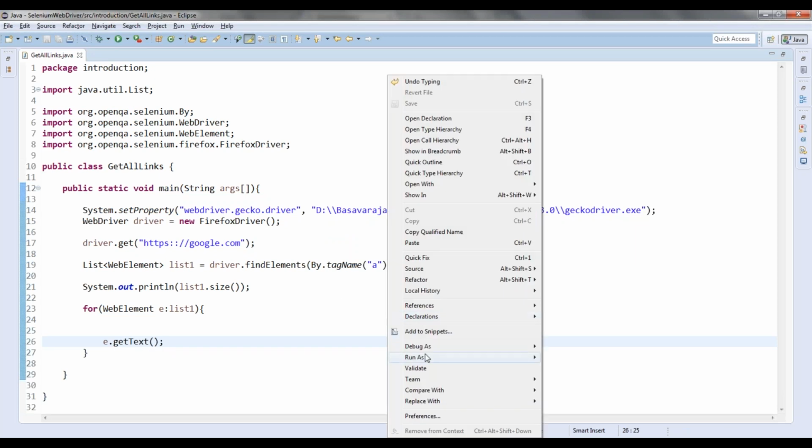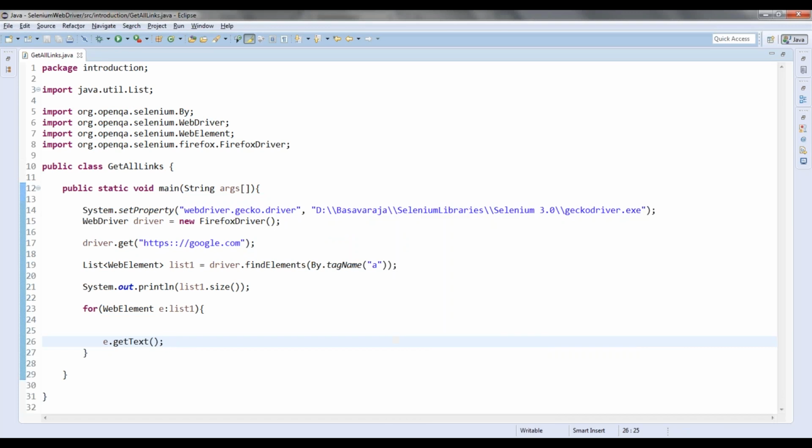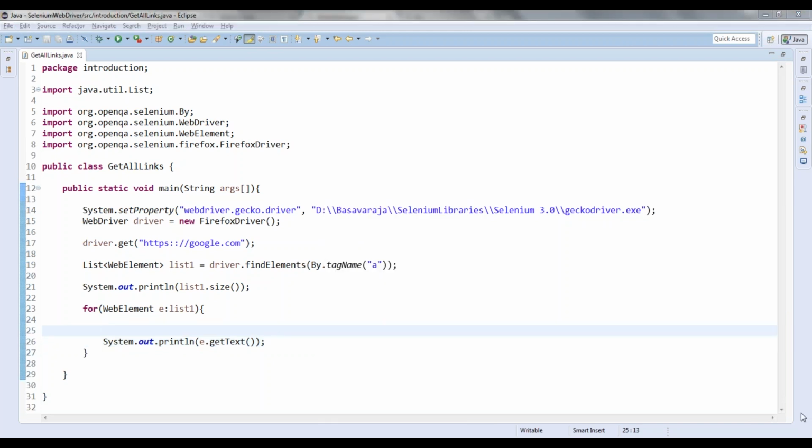Let me run this, and let us see whether it will display all these. I will display all the text which is available in those particular elements. You know about the for each loop, right? Every time the iteration happens, every item will be added to that particular e, and then you will be working on that particular element here.